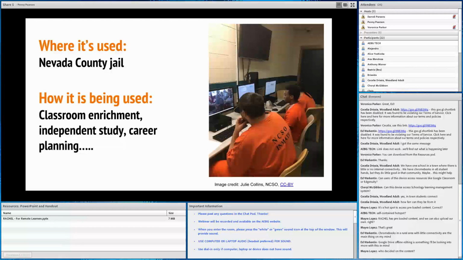The individuals who decided on the content are a whole group of what they call Friends of Rachel through World Possible, the nonprofit organization who makes this. And the content is decided on a couple of factors. The primary one being that it is free, meaning it's Creative Commons licensed and can be easily downloadable and redistributed and shared. Most of that content can go to several different topic areas.